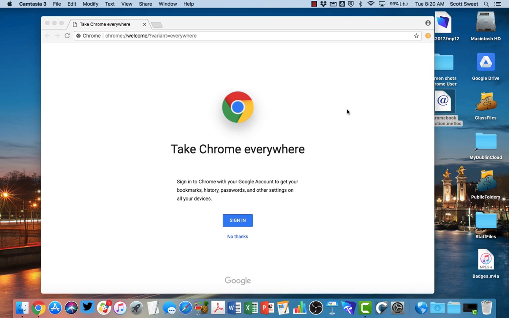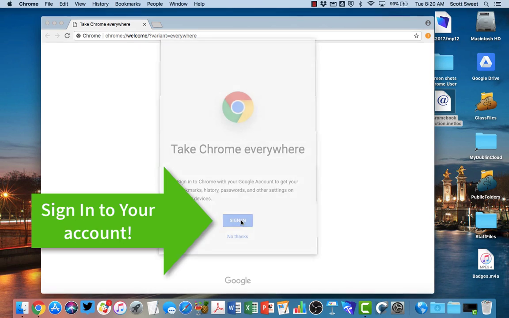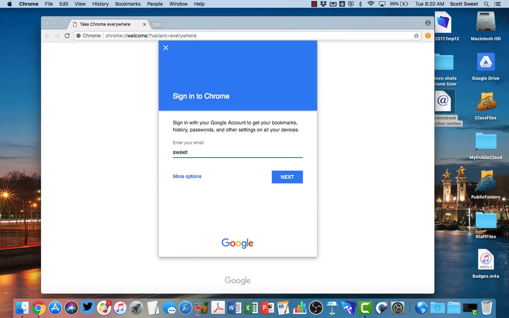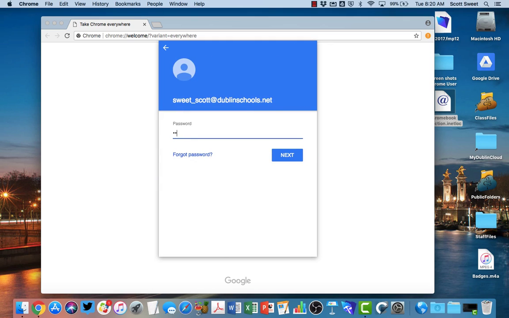everybody. Now, you could just start using Chrome as your browser right here, but the benefit of signing in, since you have a Chrome account, is to go ahead and click sign in over here, and typically it's going to ask for your email, so I'm going to go ahead and put that in there. And then my password, I can remember what that is,